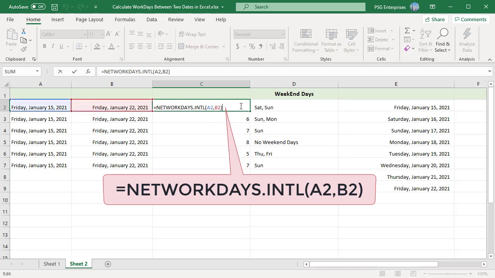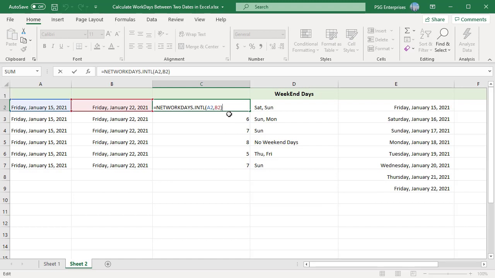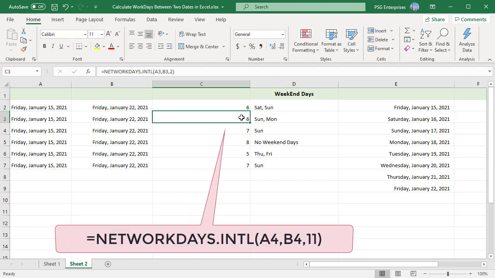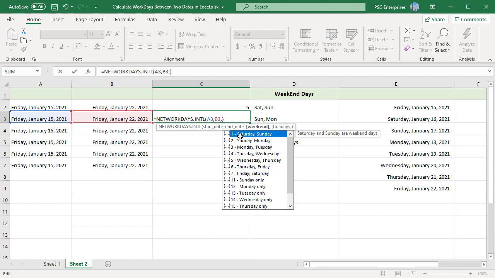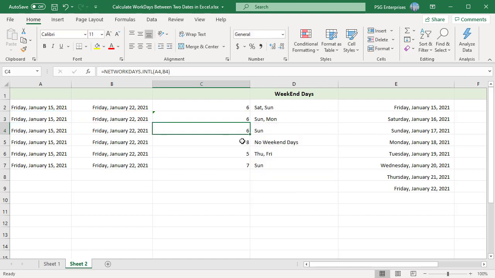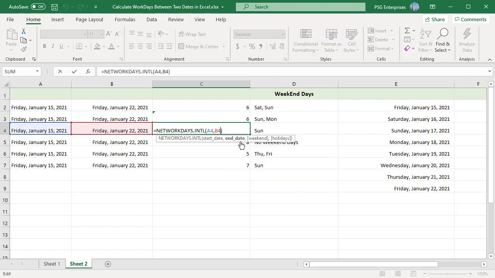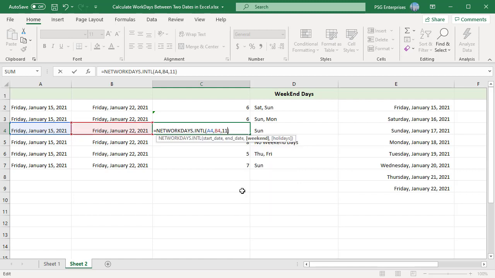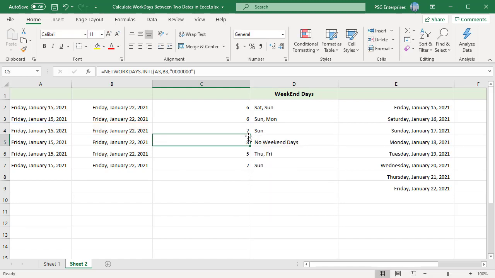As you enter the function, Excel displays a menu as soon as you go into the third argument. Simply select the appropriate weekend code, 2 for Sunday and Monday and 11 for Sunday. You can see how Excel calculates different number of workdays based on the weekend code selected.